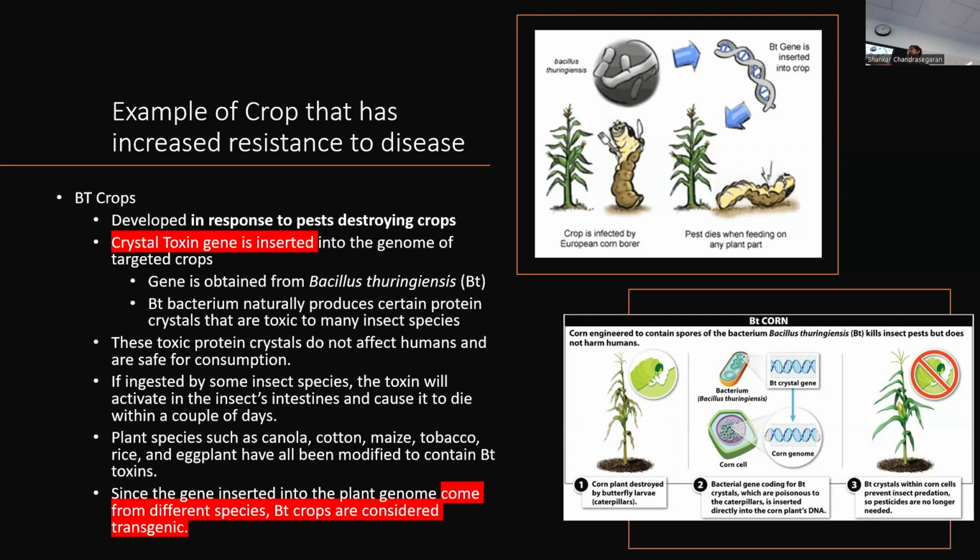BT crops are very common all throughout the world now, developed in response to pests destroying crops. They inserted the crystal toxin gene into the genome of the targeted crops. And what it does is that this gene